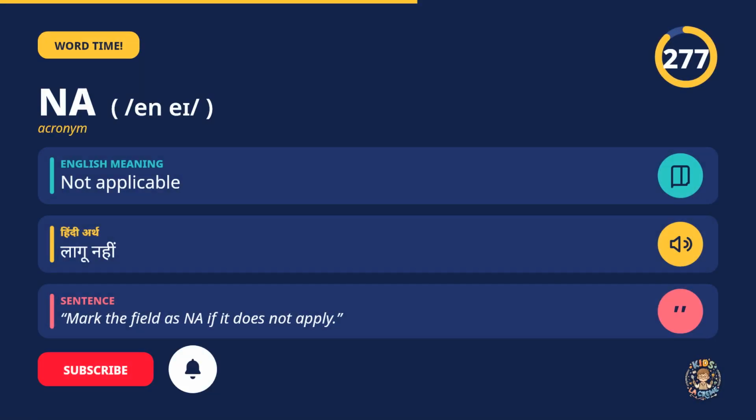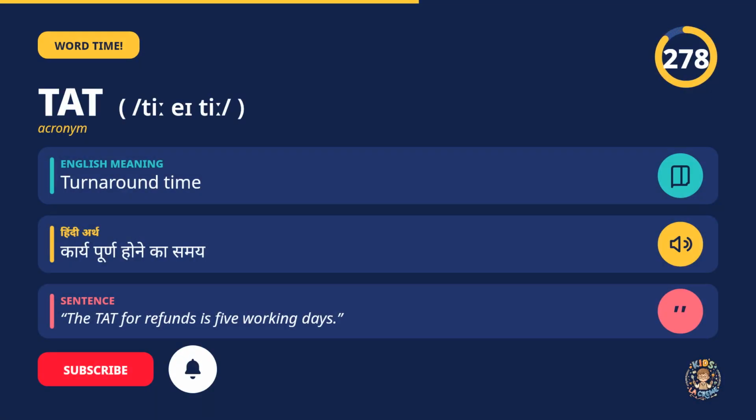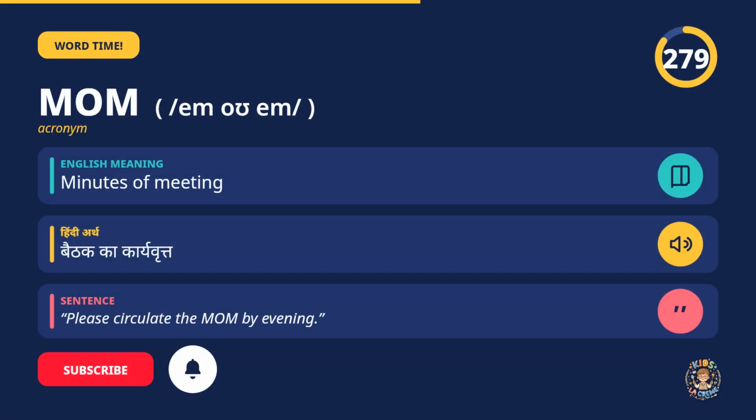NA, not applicable. Mark the field as NA if it does not apply. TAT, turnaround time. The TAT for refunds is 5 working days. MOM, minutes of meeting. Please circulate the MOM by evening.